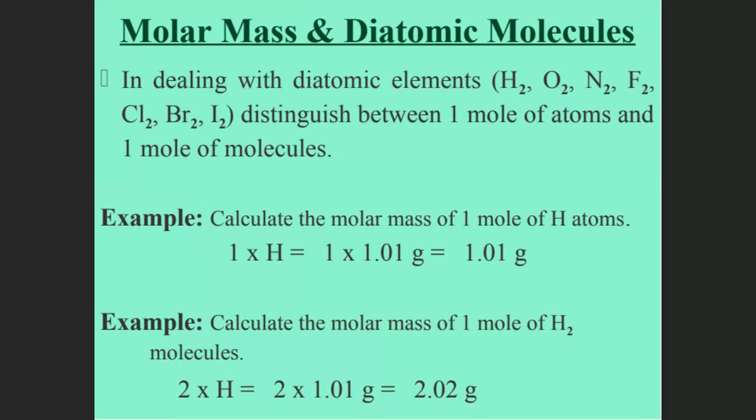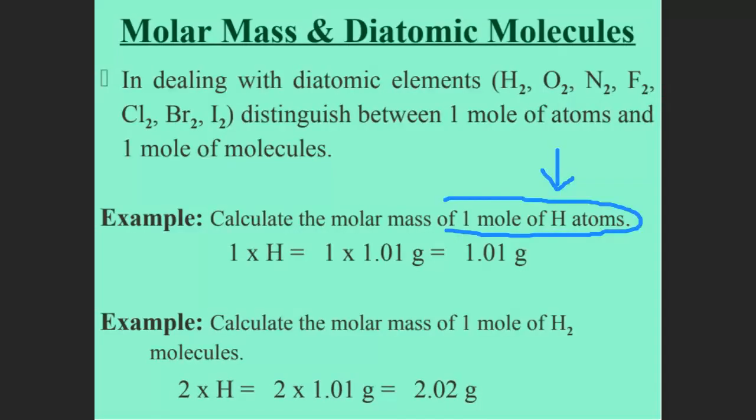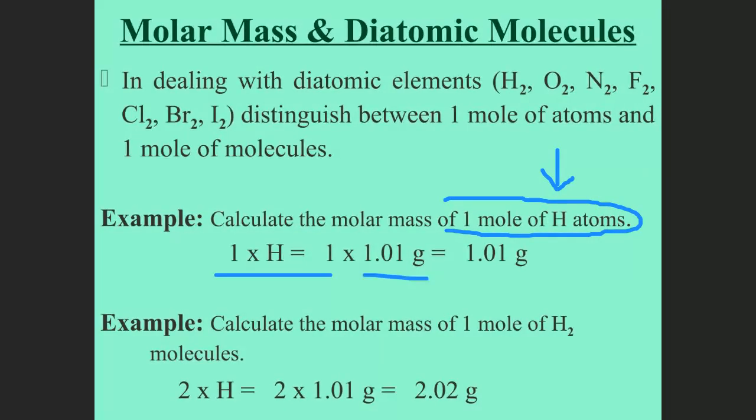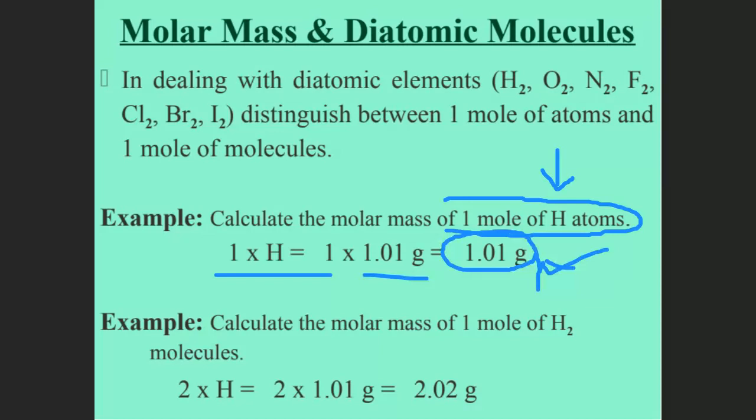Calculate the molar mass of 1 mole of hydrogen atom. 1 mole of hydrogen atom means we have to calculate the mass of hydrogen atom and express it in grams. So 1 times hydrogen, and we know this is the mass. And we know that here we have 6.02 times 10^23 particles, hydrogen particles, because